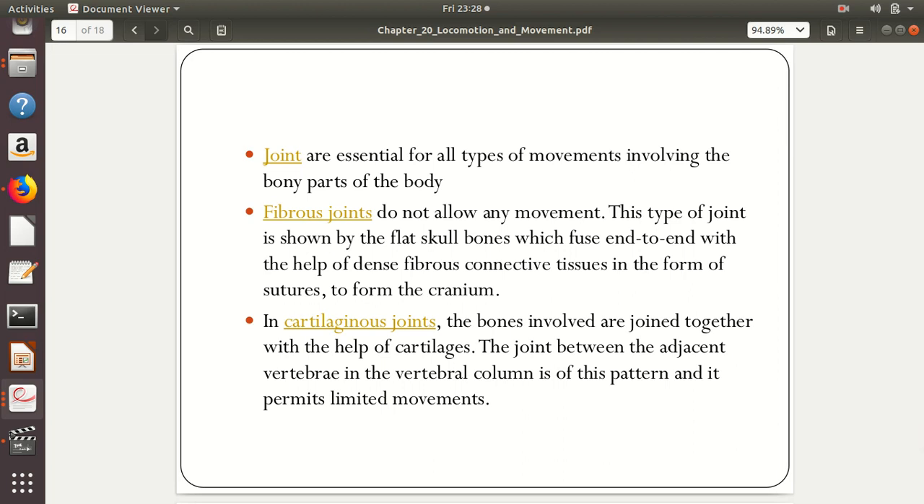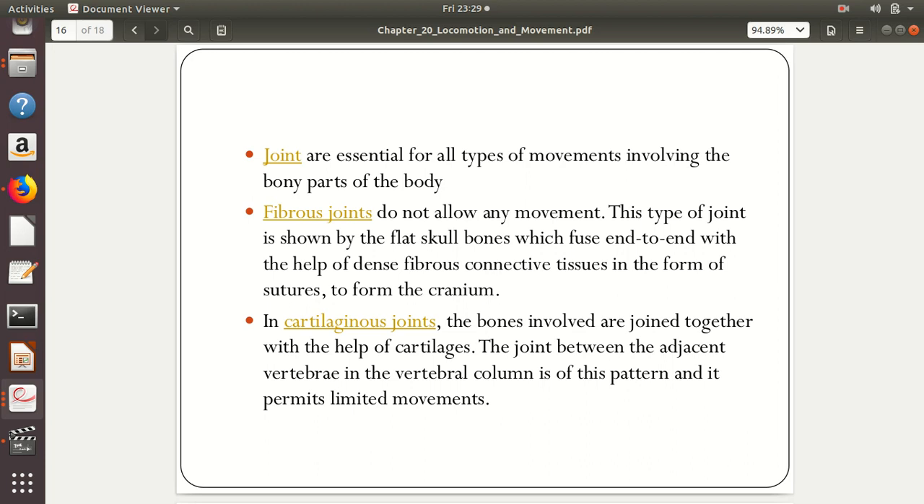And the skeletal system also has joints. They are essential for all types of movements involving the bony parts of the body. The joints are of different types: fibrous joints, cartilaginous joints, and synovial joints. The fibrous joints do not allow any movement. This type of joint is shown by the flat skull bones, which fuse end to end with the help of dense fibrous connective tissues in the form of sutures to form the cranium. In cartilaginous joints, the bones involved are joined together with the help of cartilages. The joint between the adjacent vertebrae in the vertebral column is of this pattern, and this cartilaginous joint permits